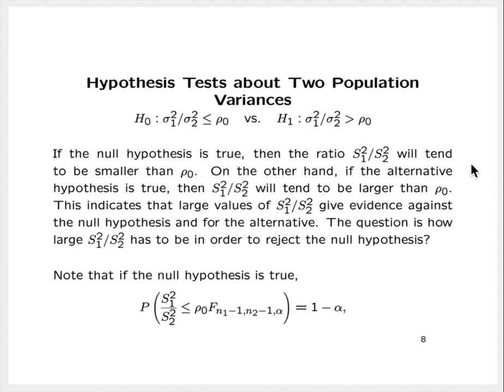Now, if the null hypothesis is true, then the ratio S1 squared over S2 squared will tend to be smaller than rho sub 0, the hypothesized value of the ratio of the population variances. On the other hand, if the alternative hypothesis is true, then S1 squared over S2 squared will tend to be larger than rho sub 0. And so this indicates that large values of the ratio of the sample variances give evidence against the null hypothesis and therefore for the alternative hypothesis. The question is, how large does the ratio S1 squared over S2 squared have to be in order to reject